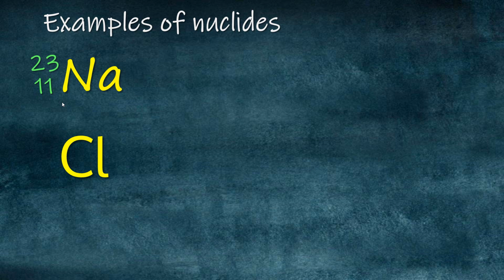We have Cl, which is chlorine, a chlorine nuclide. Still we have to know the atomic mass and the atomic number for it to be a nuclide. The number of protons and neutrons must be known. From here you can calculate the number of protons and neutrons. Remember, down here this means the number of protons. Here, 17 protons in the chlorine atom, 11 in the sodium atom. And this up here is the sum of the protons and the neutrons.